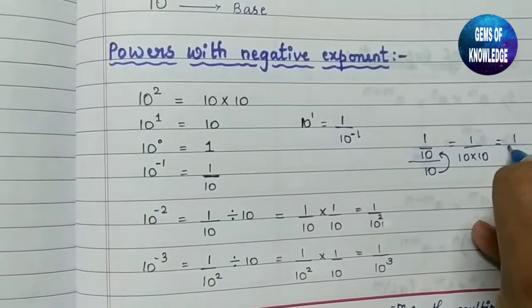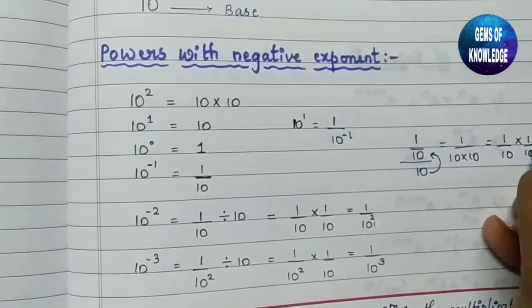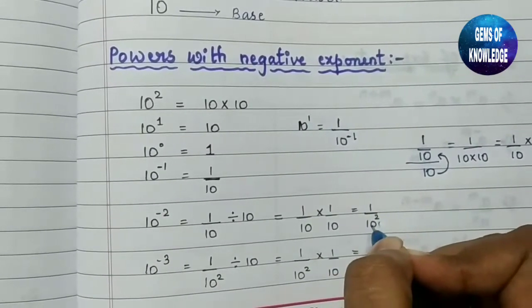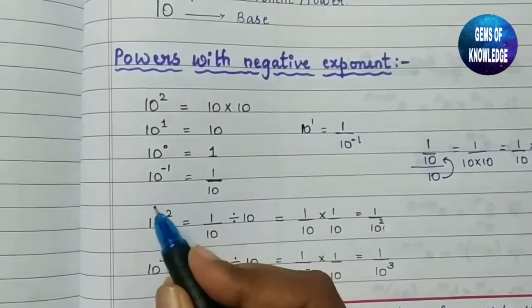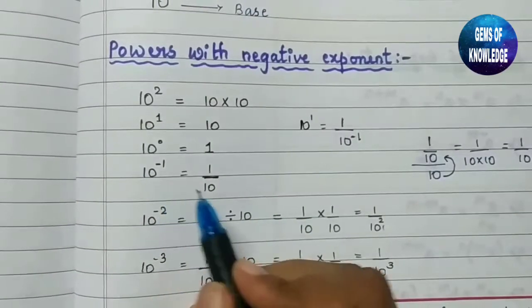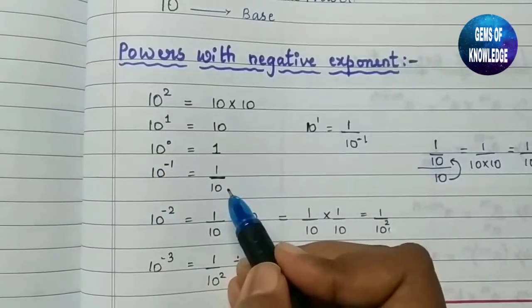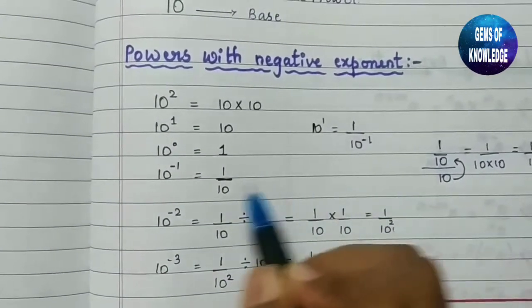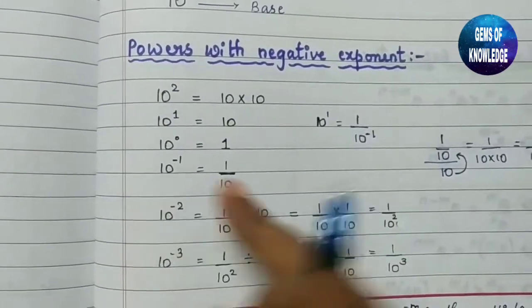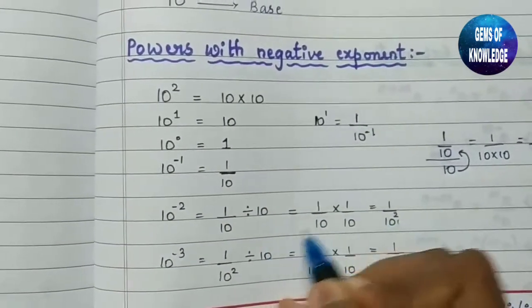We can write it as 1 into 10 multiplied by again 1 into 10, as I have written here. So it will become 1 divided by 10 square. It means this minus 2 can be changed to plus 2 in this manner. Here I simply told you that when we change the sign, it changes from minus to plus 1, but this is the process of how it happens. Finally we get powers with the sign changed. You can see here minus 2 is changed to plus 2 by this process.